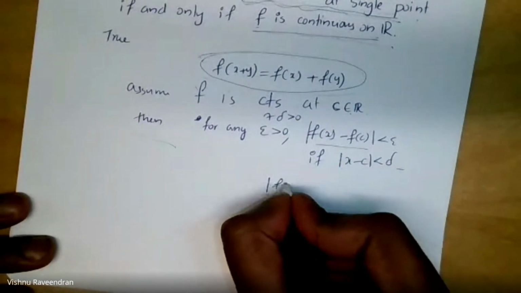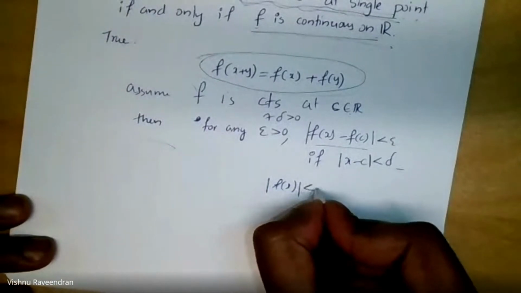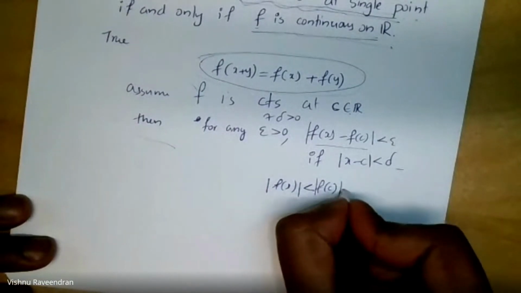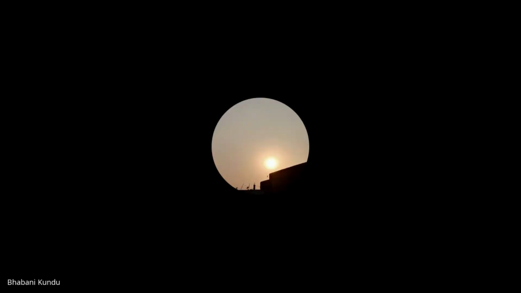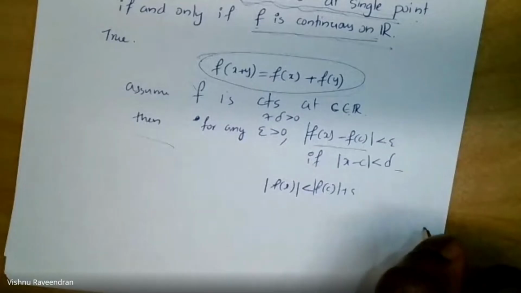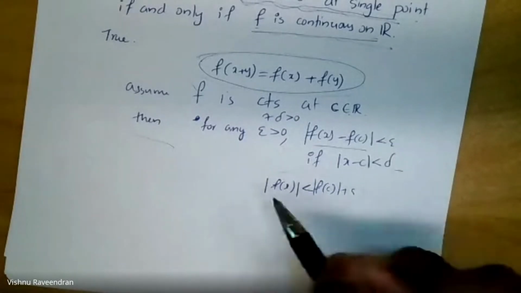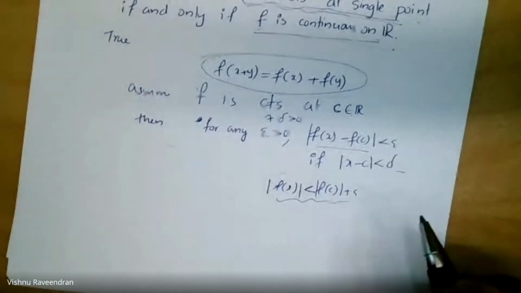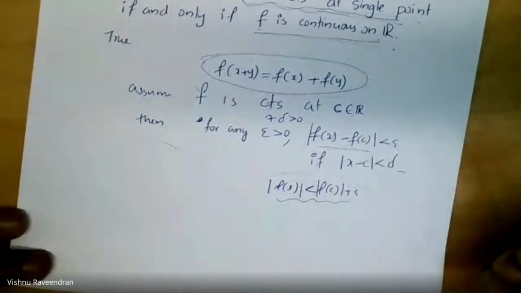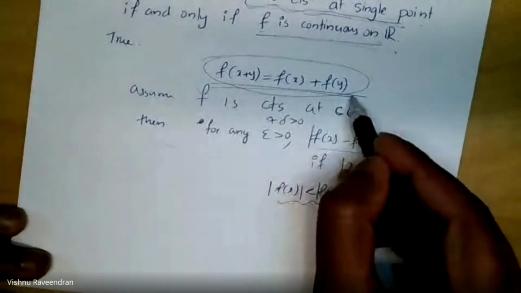So you are saying f of x you can bound by f of c plus some epsilon. Yes, something like this. Can we conclude something from it? Yeah, this is one piece of information, and if we need it, we will use it. But what I'm saying is that from this relation only,